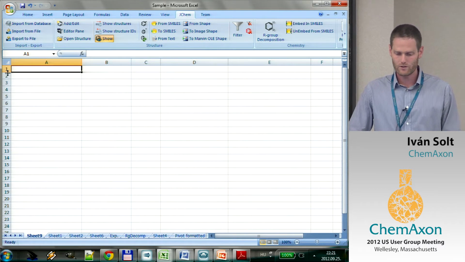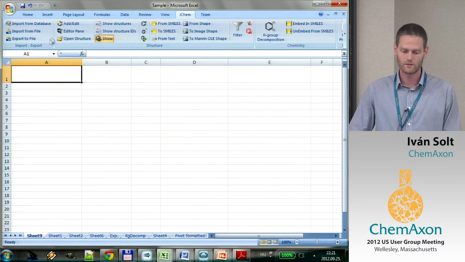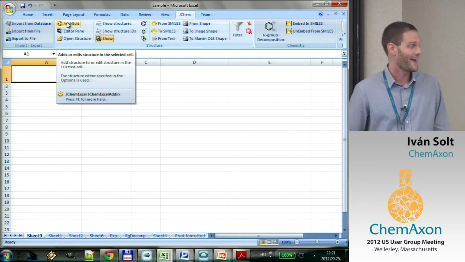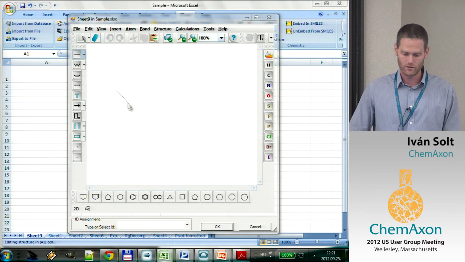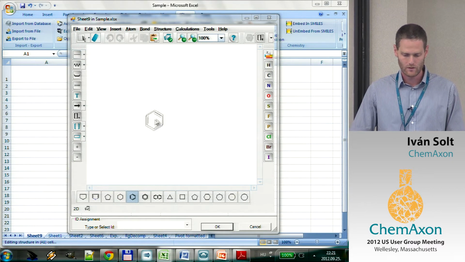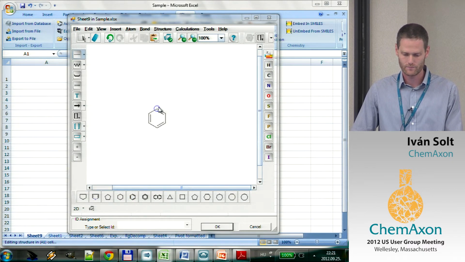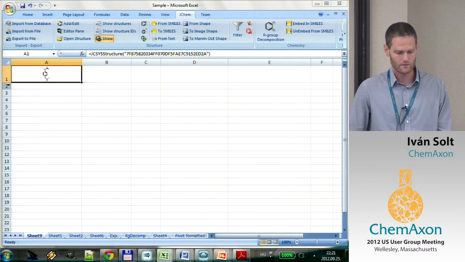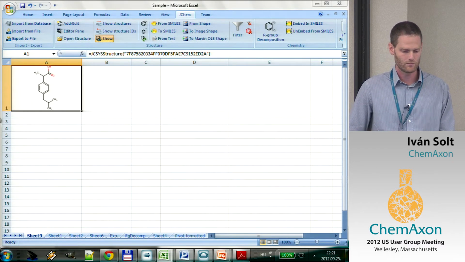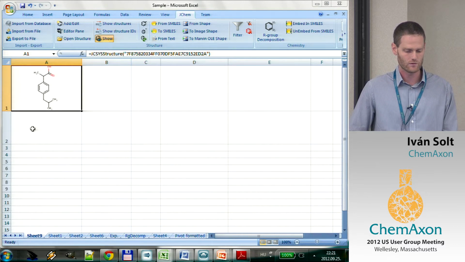So the most basic functionality probably that you would expect would be the ability to add and edit chemical structures to Excel. So let's go for it. Let's just draw a simple structure. Maybe a well-known friend. So that's quite simple. And actually, it can be even made more simple. The default sketcher that pops up